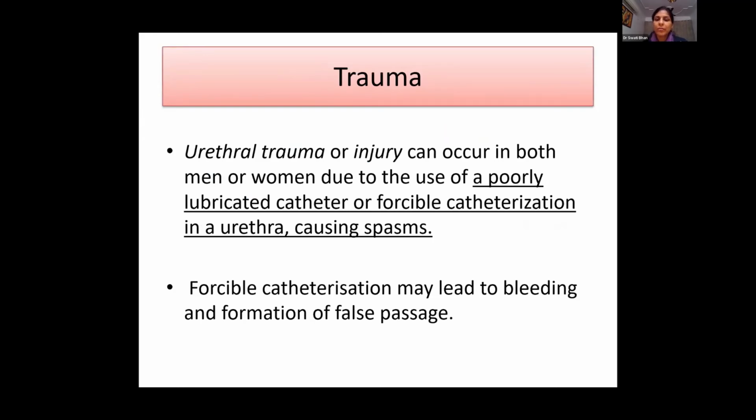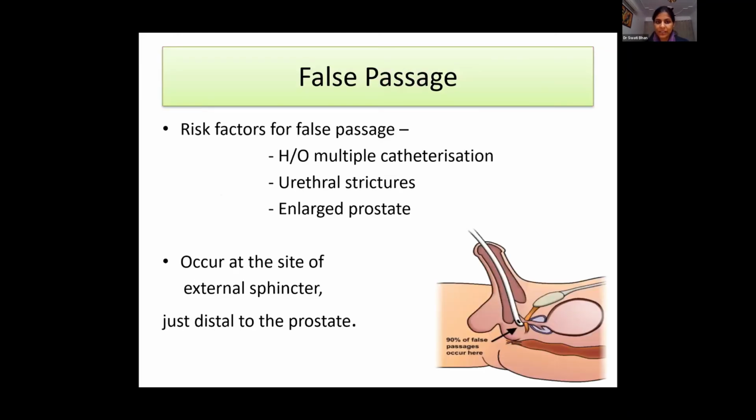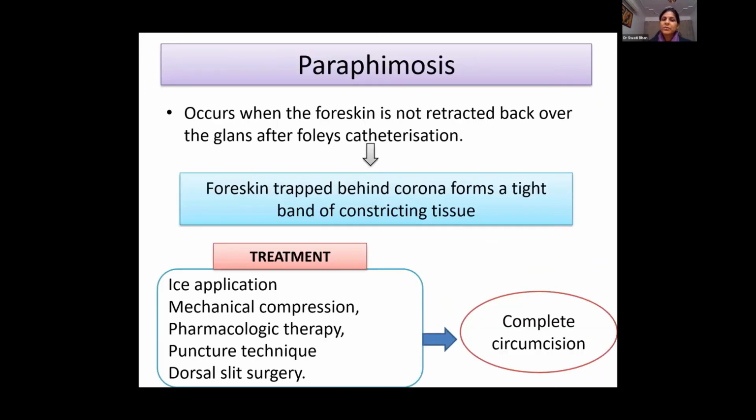Coming to trauma, urethral trauma or injury can occur in both men and women, and this is usually where there's a forcible catheterization of the urethra, which can cause spasm, and it may also lead to bleeding or formation of a false passage. Paraphimosis occurs when the foreskin is not retracted back over the glans after Foley's catheterization, and the foreskin trapped behind the corona forms a tight band of constricting tissue. The treatment in this case will be ice application, mechanical compression, pharmacological therapy to manage pain,